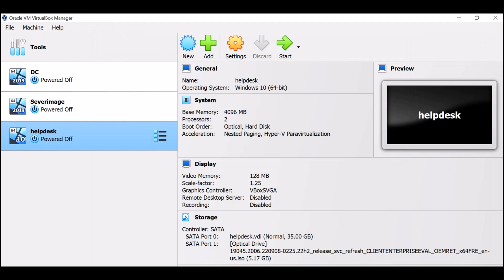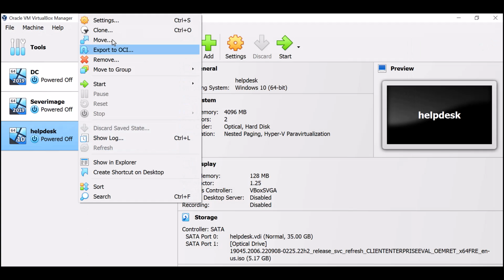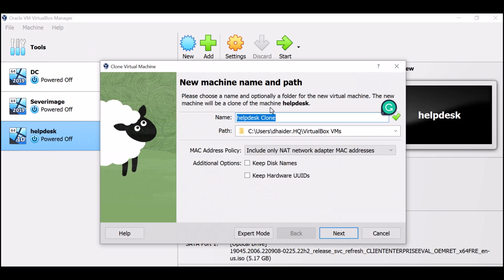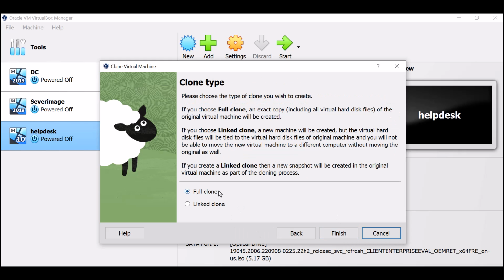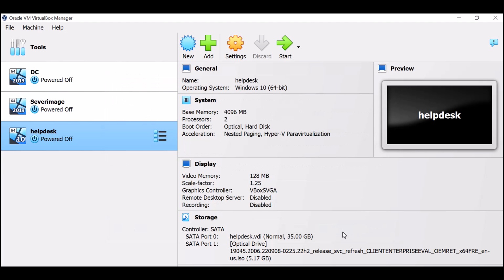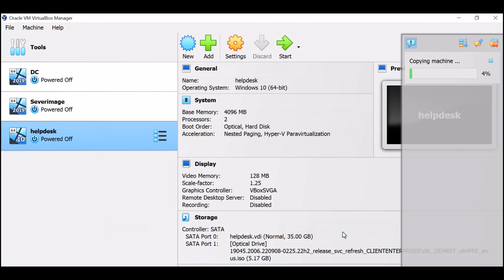So once you see the screen where it says welcome, I just powered it off just like I did with the server, right? And I cloned it. I did not restart the machine. I am cloning it because in future I might need another installation and I don't have to wait for it. So I'm calling this staff now, and I'm just going to click next and finish the full clone. So this is exactly what I did with the server. If you remember that, I just did the same thing with this Windows 10 operating system. And now after this, we will have another machine as a backup, or I can run it for another purpose like staff machine. So now we are going to go back to our help desk and power it on again,